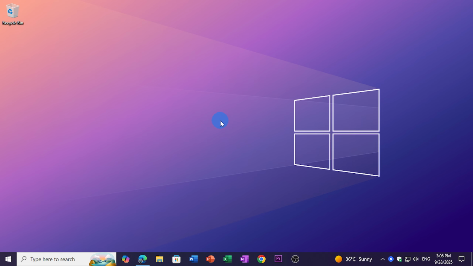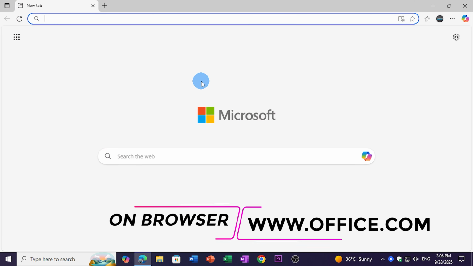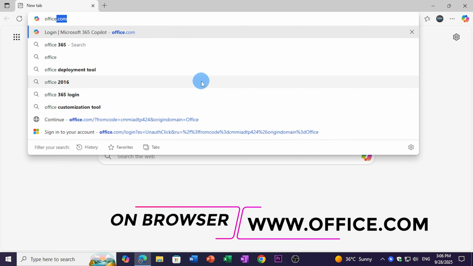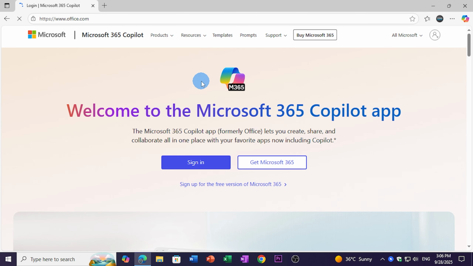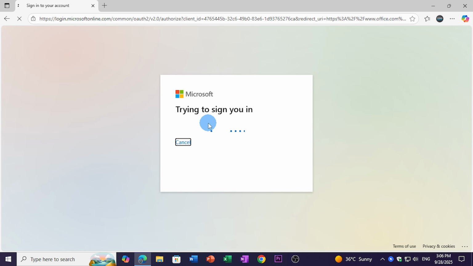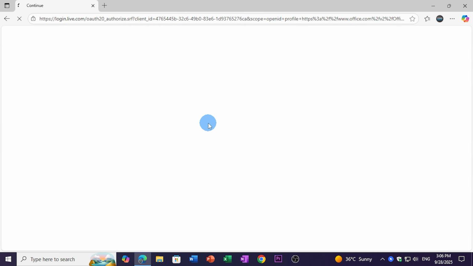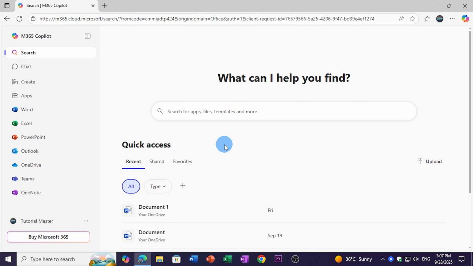On your PC, open your browser and go to the website office.com. Make sure to sign in with your Microsoft account. If you do not have a Microsoft account, you can simply create it by clicking on create. As I already created a Microsoft account, I will not show you how to create one. After signing in with your Microsoft account on office.com, you will see an interface like this,